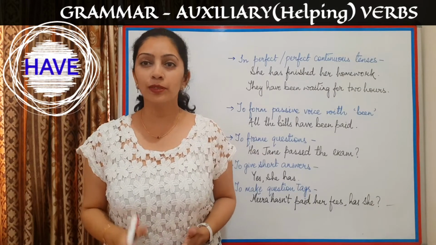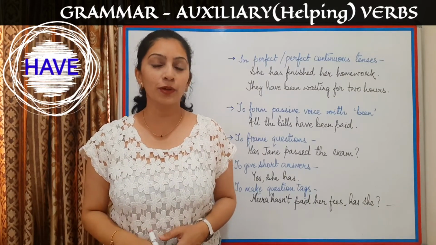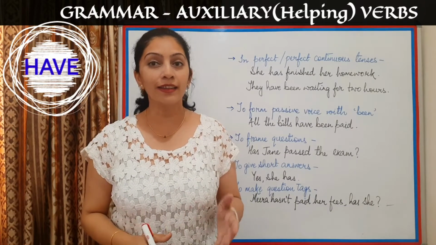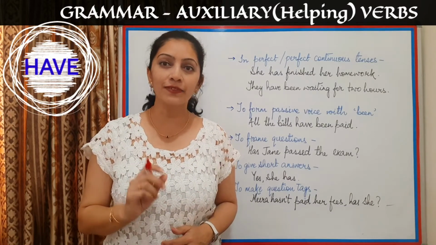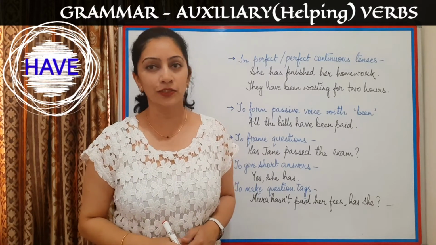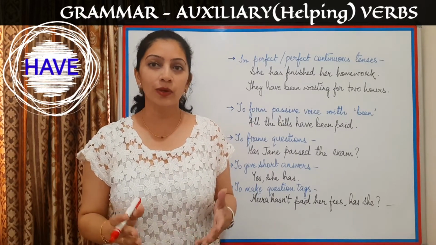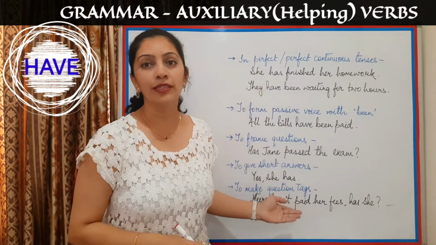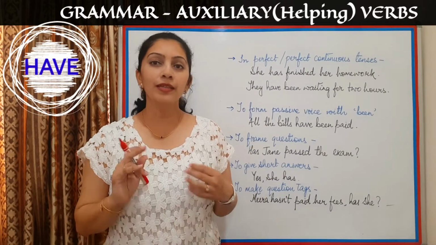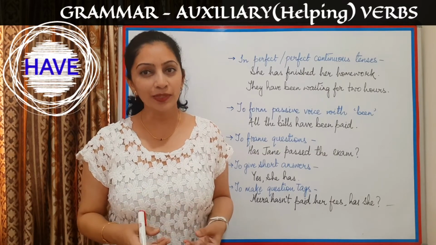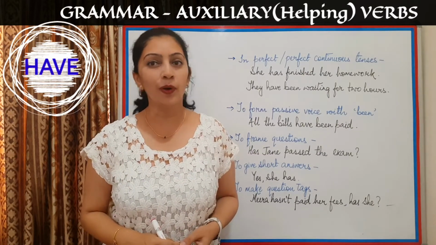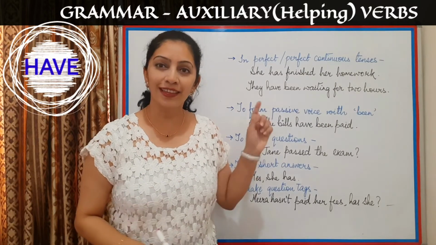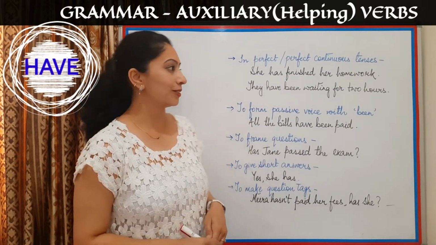The auxiliary verb have has various forms like has, have in the present tense, had in the past tense, and having in the progressive or continuous tense. Just as we saw about the various forms of be, the same points apply for have. But have is used in perfect tenses or perfect continuous tenses with been. Let's look at the examples on each.